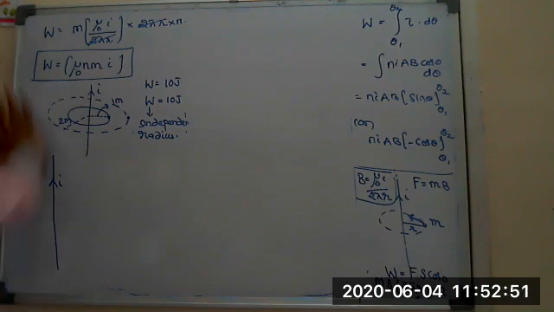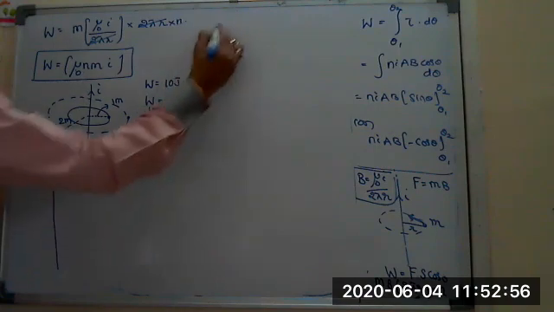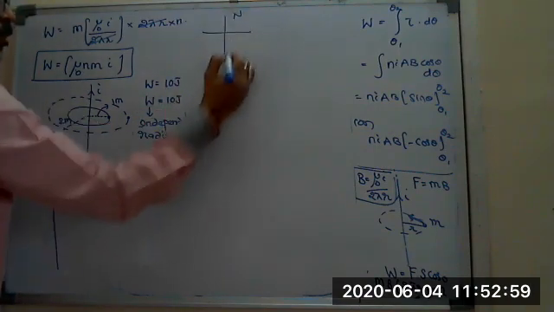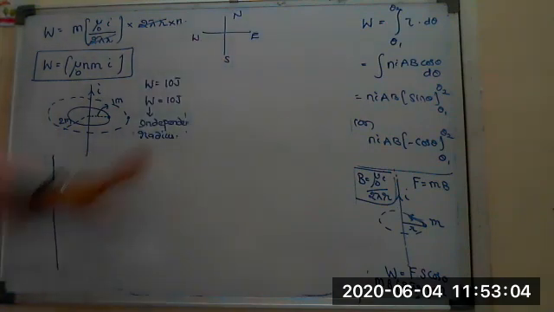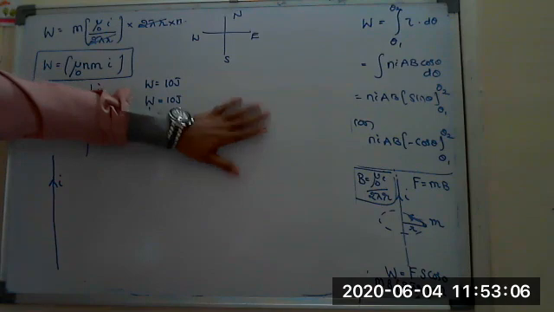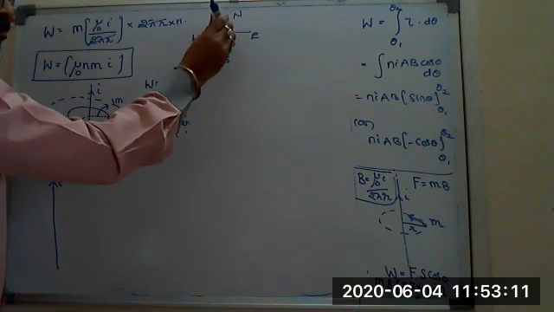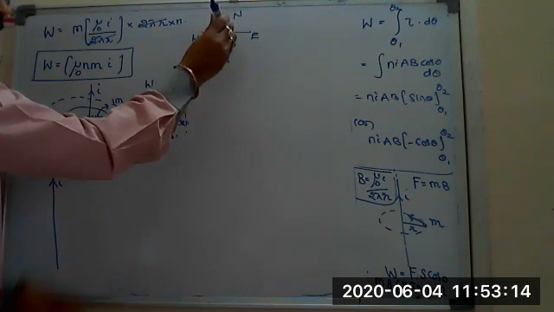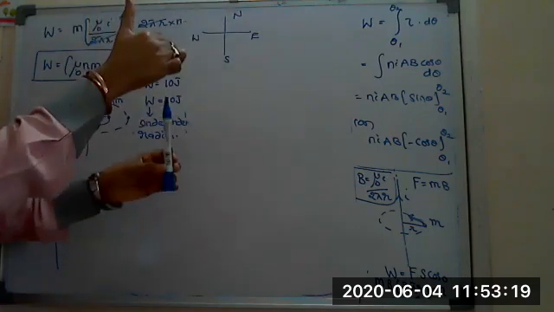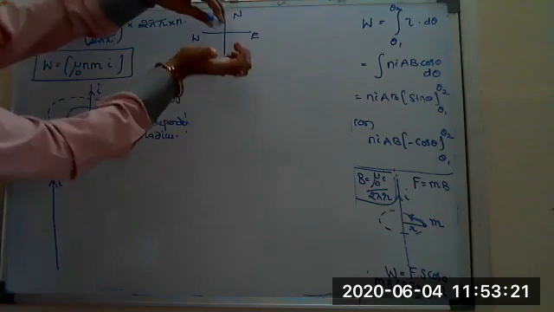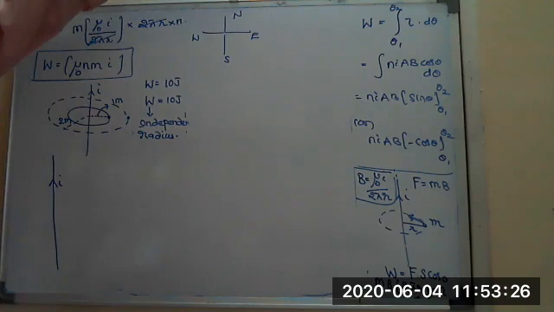To understand, suppose you assume the board as the surface of earth. And here these are the directions: north, south, east, and west. To the plane of the surface of earth, the current carrying conductor is placed perpendicular, taken like this. And suppose it is carrying the current outwards, practically upwards. Upwards on the board, I am taking like this, because I am assuming the board as the plane of earth.